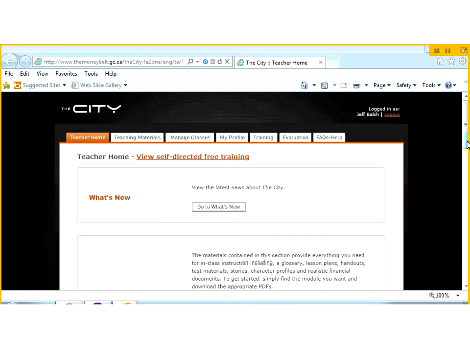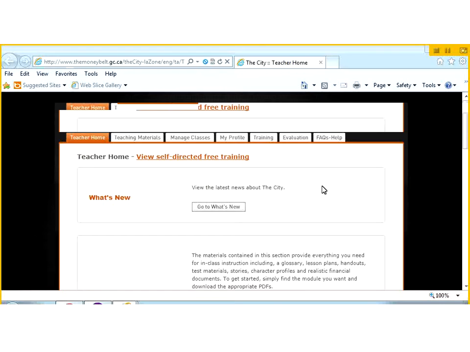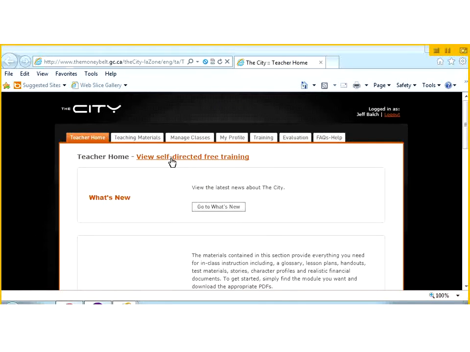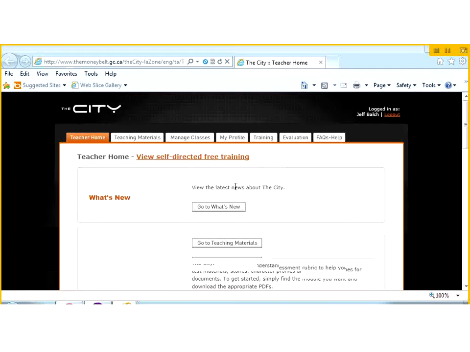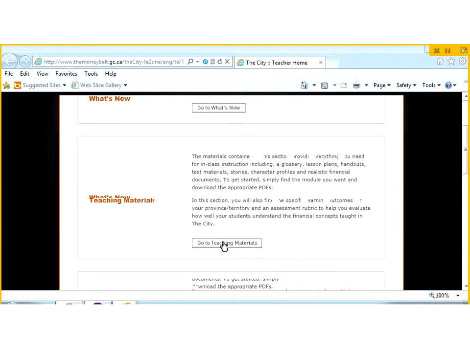Okay, what I want to show you is the site. I want you to jump on. I'm going to tell you then, after we get back together, how I actually use this in my classroom, because I don't use all the material here. The site itself is laid out pretty easy, and there is a self-directed piece here. There's two of us who have been using this site for a long time. We had a nice fireside chat, the other teacher being in Saskatchewan and me being in London, about how we do use it in the classroom. So you can go back at any time and do this. The teaching material,